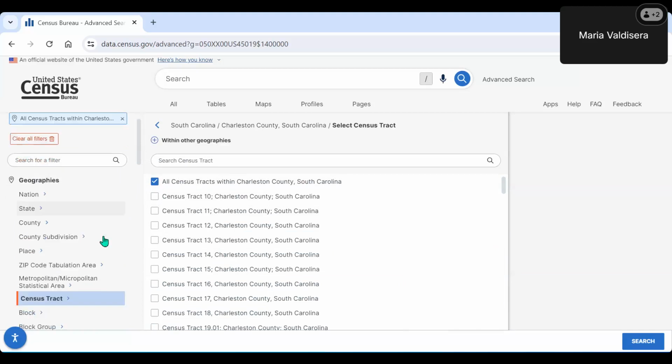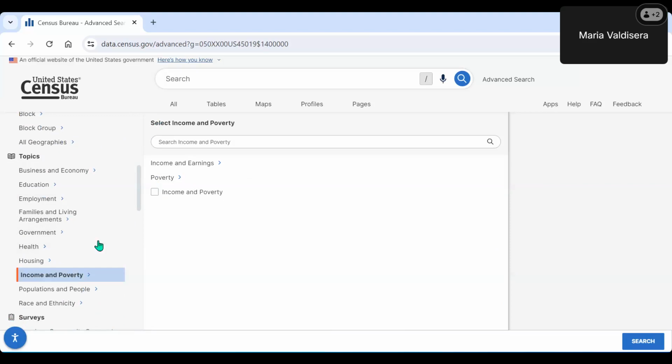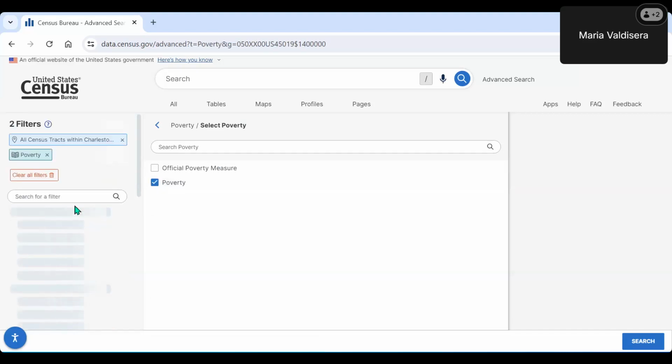So next are the topics that will be underneath the geography section. Only topics that are compatible with your search criteria will appear. All other topics and folders will not be shown. So this is important if you're looking at, say, smaller geographic levels like census tracts, block groups, or blocks. Right now I am going to select the income and poverty topic. Then we'll go into the poverty folder. And then finally, we'll select the poverty filter. So that will provide us with our poverty filter up top here.